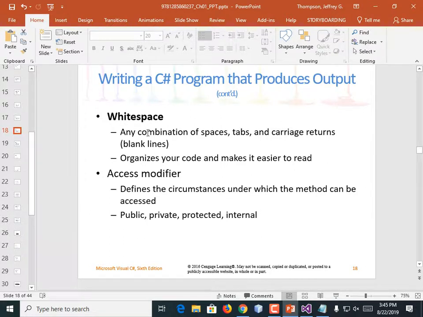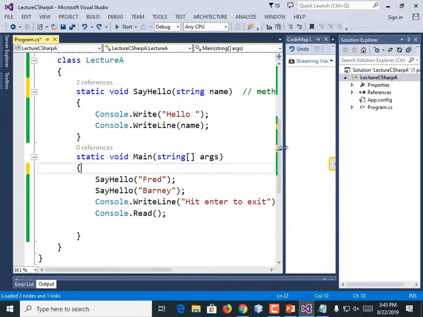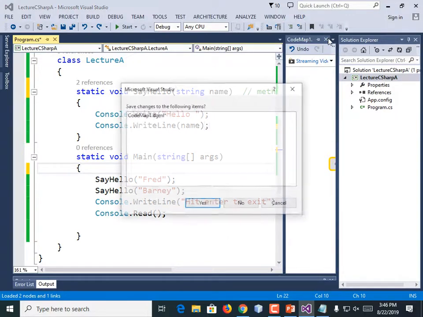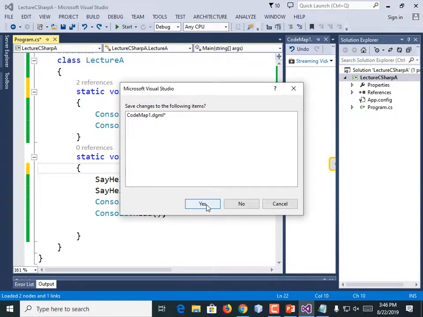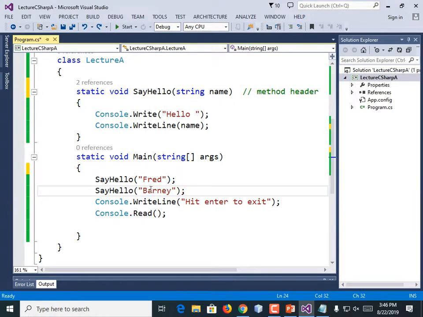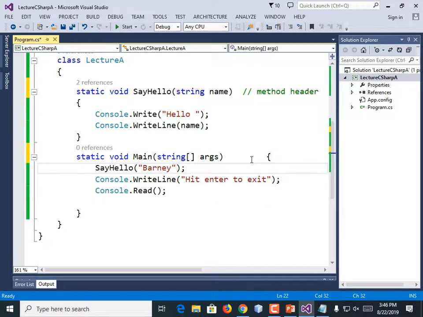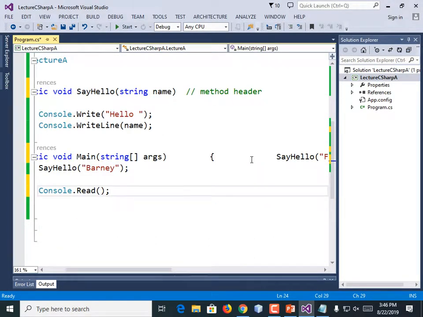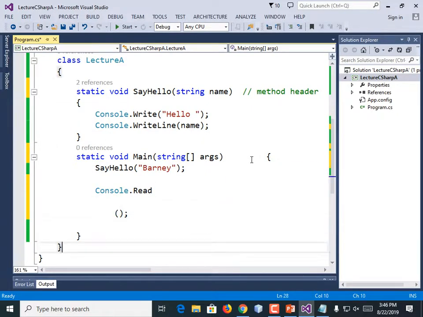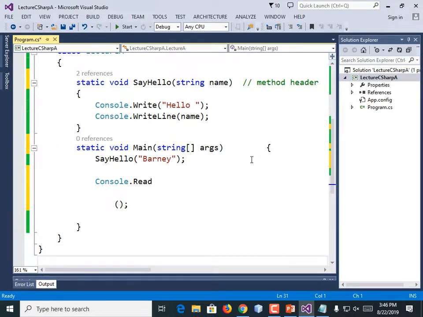So what is white space? Remember in Python where you had to precisely tab things over and not have things go on the next line except under certain circumstances? Well, here we don't have to do that. We could be idiots and do this. Okay, that looks absolutely idiotic because it is, but it would work. I could build it and run it and it would behave just the same as it did before. Why don't I undo those changes?